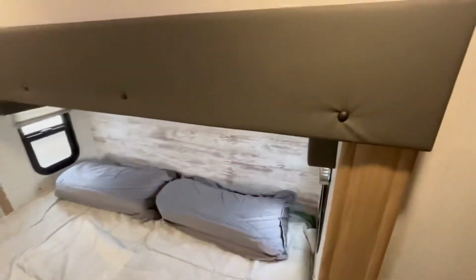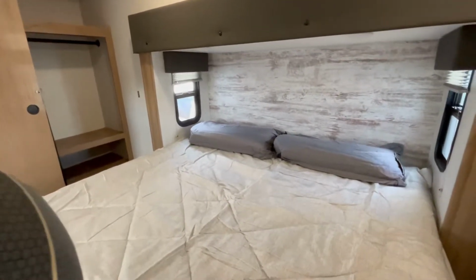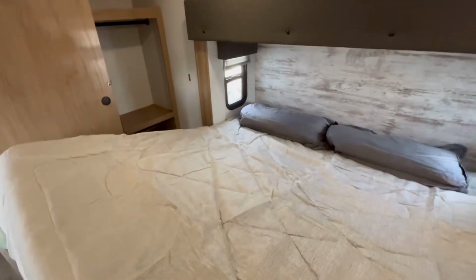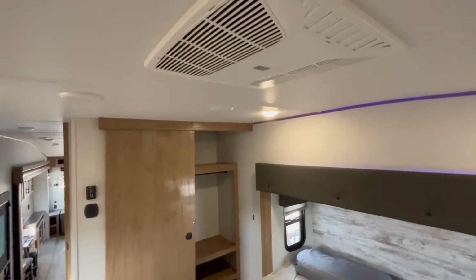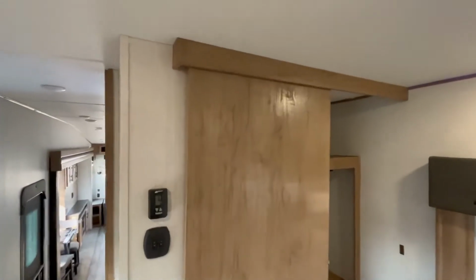You've got cross breeze windows on both sides of the bed, and there is storage under the bed, and we'll actually take a look at that here real quick. So under here, you've got this nice deep chunk of storage there. You're going to have a second 15,000 BTU Coleman Q Series air conditioner, thermostat and light switches on the wall here. And then on this side of the bed,